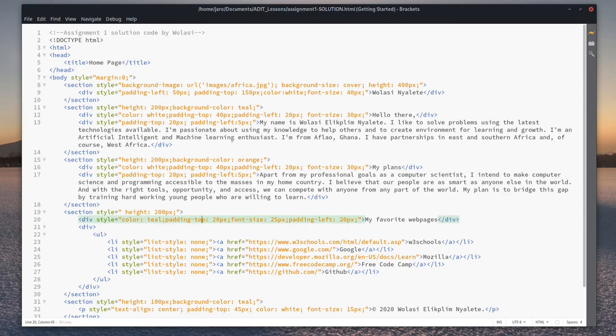Now, there are 3 ways I can add CSS to our HTML. Okay, so the first one is inline, which means you put your CSS right where your element is. Okay, this is inline, that means in line where your element is. Now there's another one, which is in document. So in your head,